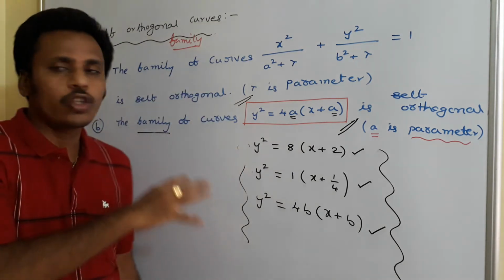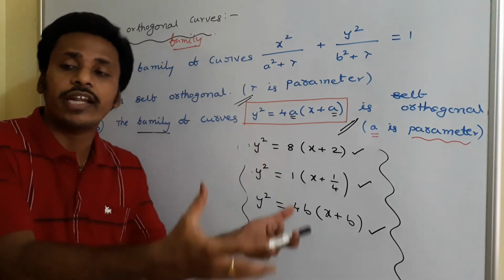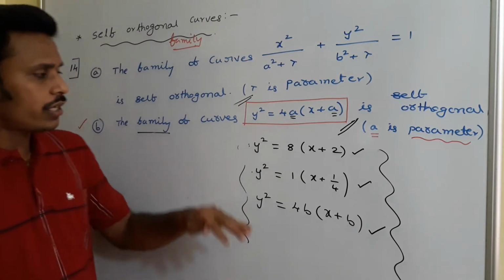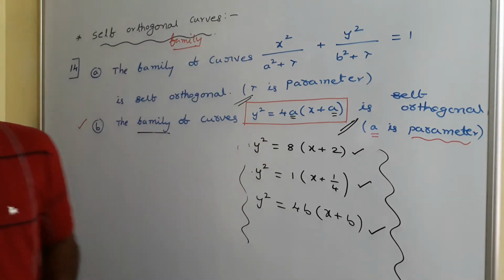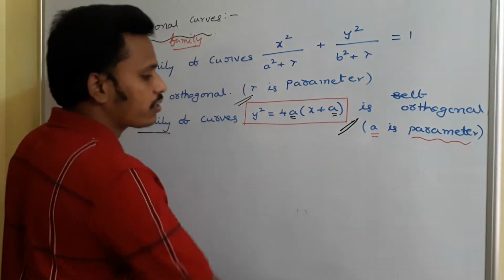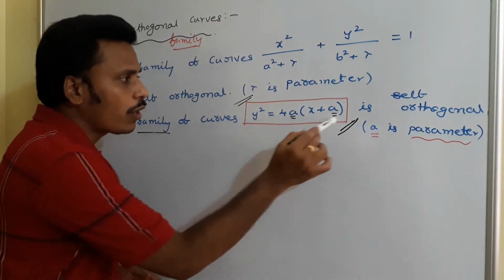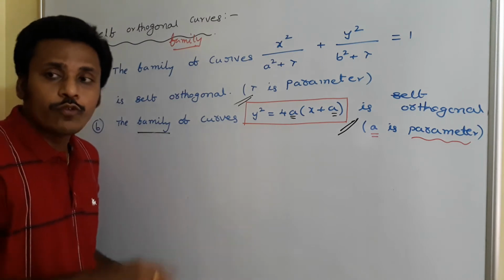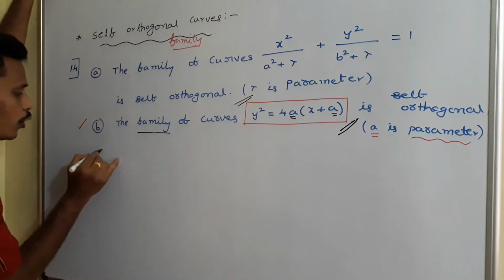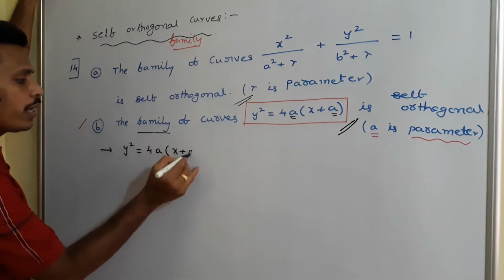So this orthogonality we can also discuss in differential equations. But now we are at applications of derivatives. I just mentioned two simple problems here. You just have a look. First of all, I will prove how this type of curve equations are self-orthogonal. As I said, this curve equation is self-orthogonal. In the sense, if you consider any two curve equations of the family, you need to think about any two equations of the same format just by replacing the parameter.